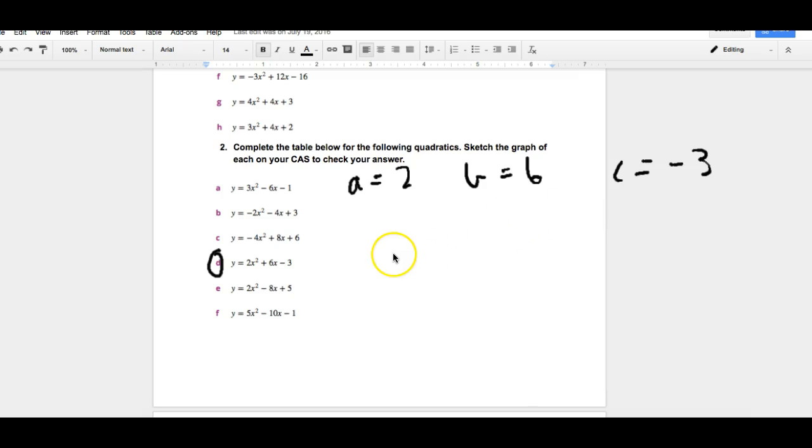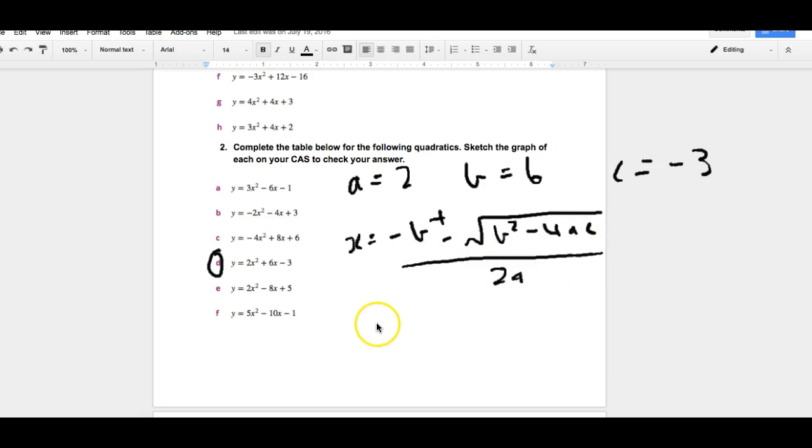We haven't got one that's had 2 solutions yet. Let's hope that this one, yeah, it looks like this one might have 2. Oh, no, it looks like it has 0. Okay, let's just try. X equals negative B plus or minus the square root of B squared minus 4AC over 2A. Substitute them in, negative 6 plus or minus, I'm going to do this all in one go, 6 squared is